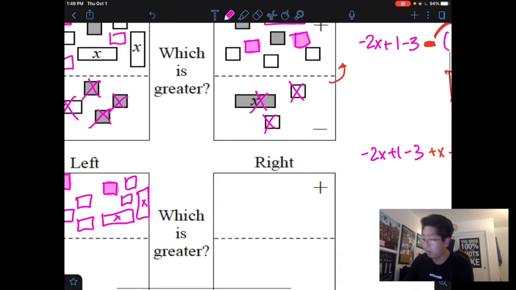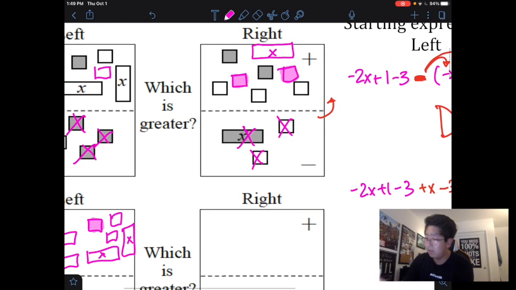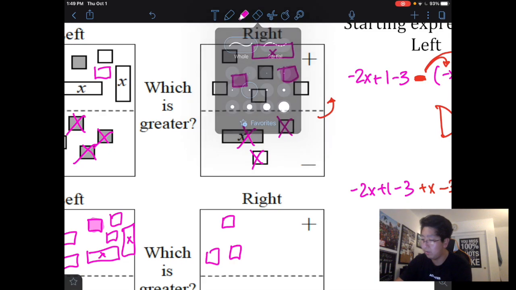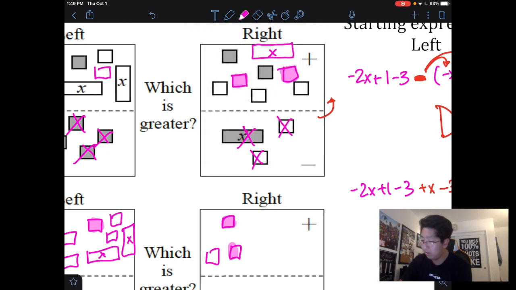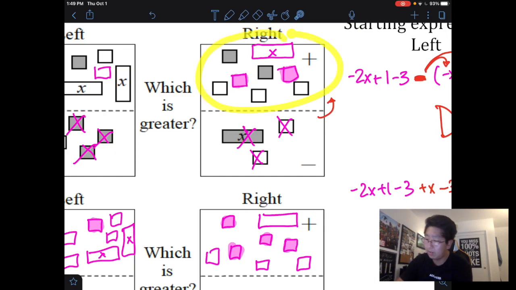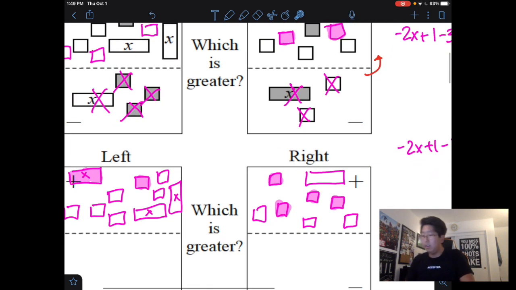I'm also going to copy the right side. So I need to shade these in. This one in, this one in. Negative x. So I still need to shade 2 more of these in. You can see what I did right now is just copy it and move it down here. All right, now